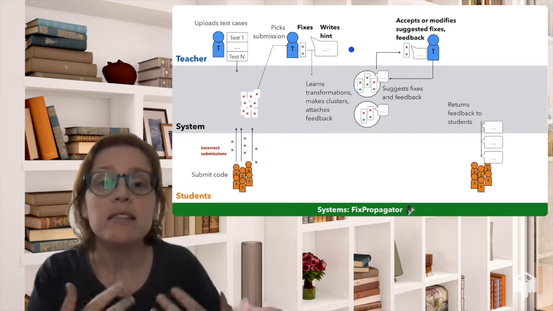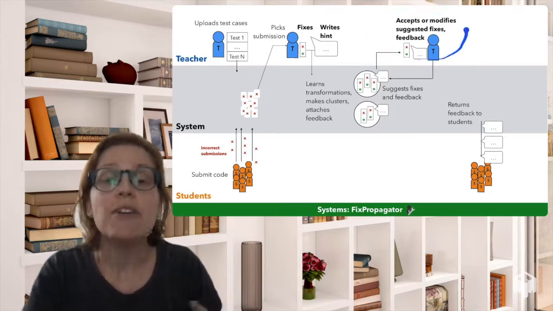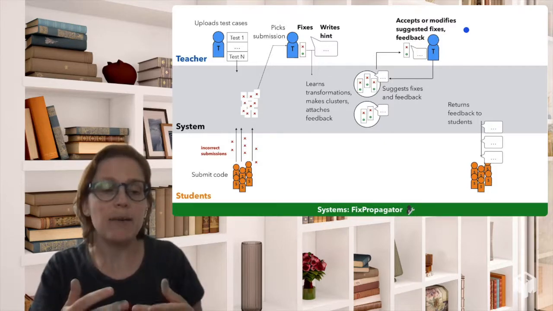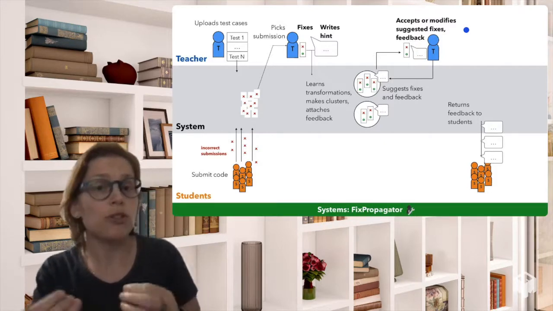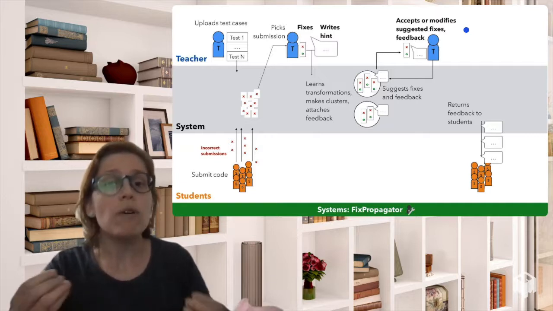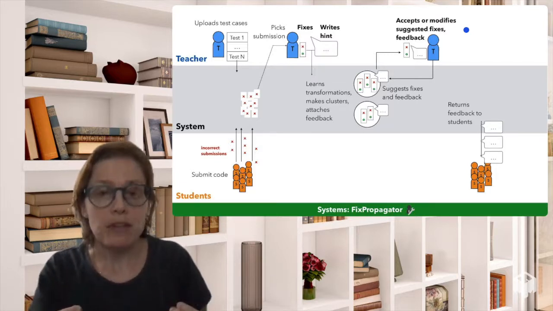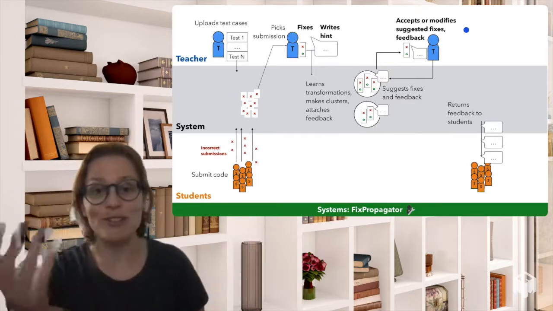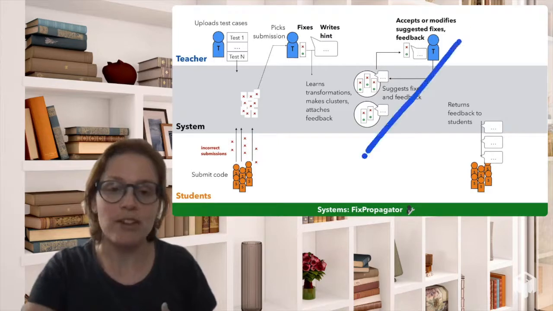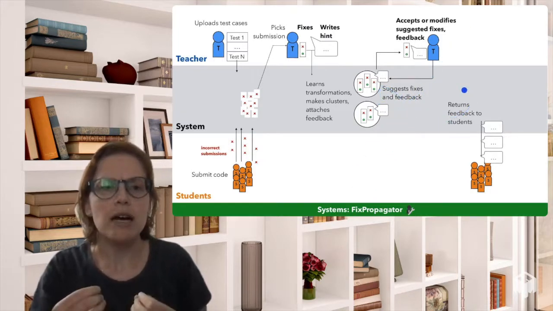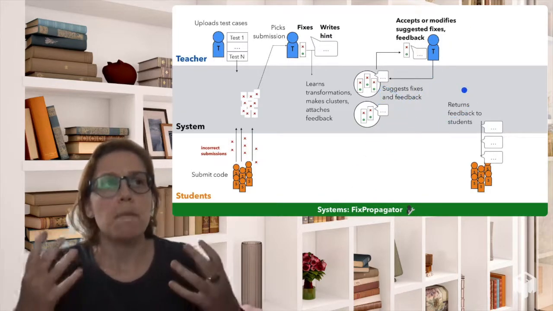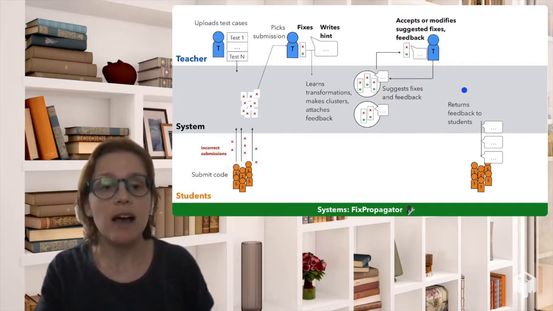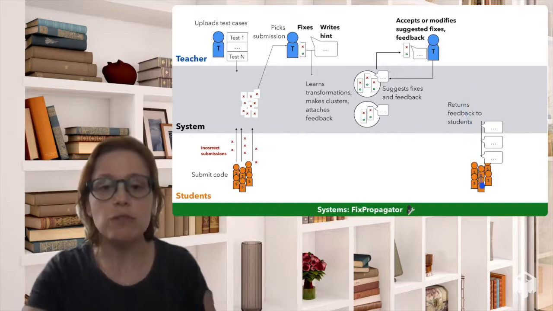In that case, the teacher can provide modifications to further clarify how that demonstrated fix, when it should and shouldn't be applied, and exactly what feedback should be propagated to the students who are fixed by one bug fixing transformation versus another. When they are satisfied that they have this anchored conceptual feedback for a fair portion of the class, they can send it back to students in their